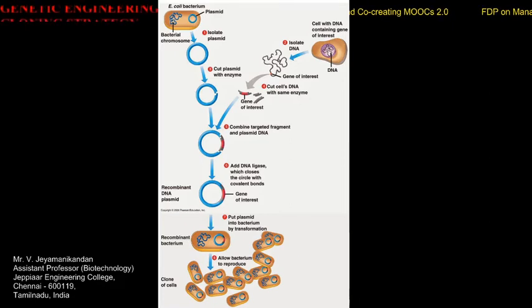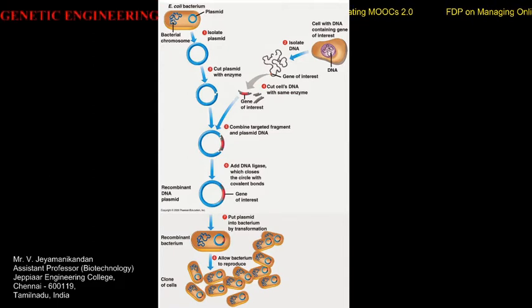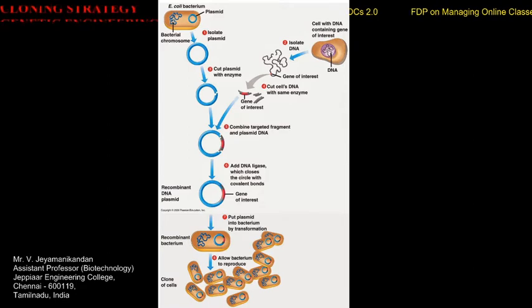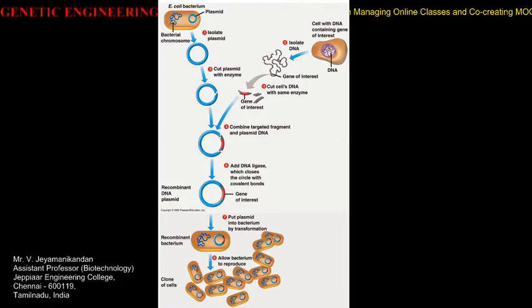Another example is the pUC vector. The pUC vector has an ampicillin resistance gene as well as the lacZ gene. The lacZ gene has a multiple cloning site, which means it has multiple restriction sites. If you insert your gene of interest in the lacZ gene, you have to use a media with IPTG, X-gal and ampicillin. Non-transformed cells will not grow in this ampicillin-containing media, so only the transformed cells will grow.